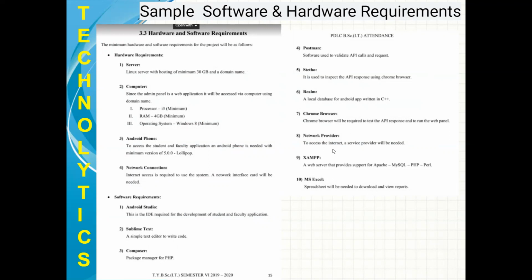So including MS Excel and all compilers, everything is there. So according to this sample, okay, you also have to write the listing of the hardware which are needed to load the software and the software which are necessary to compile the software or to run the software. All the listing you have to mention under the topic 3.4, that is software and hardware requirement.